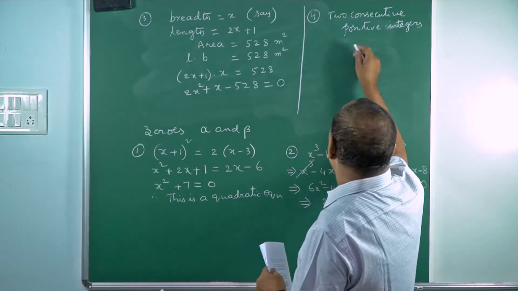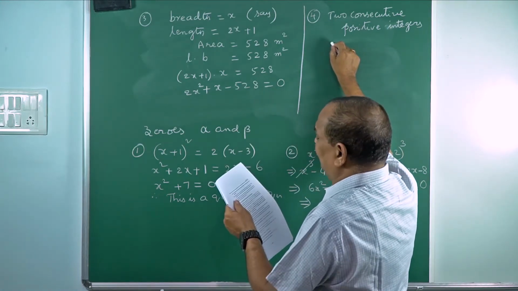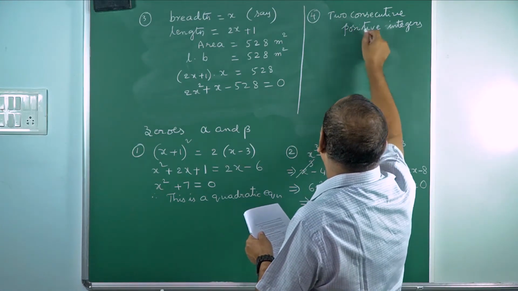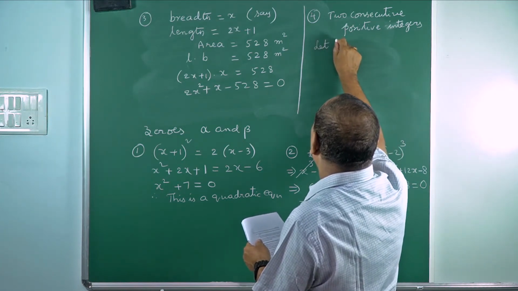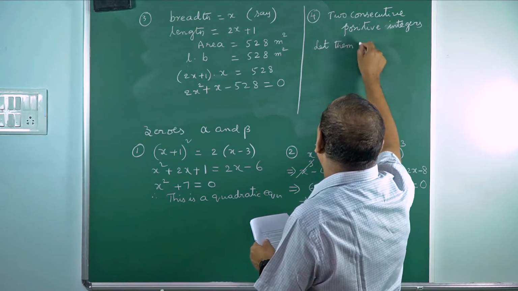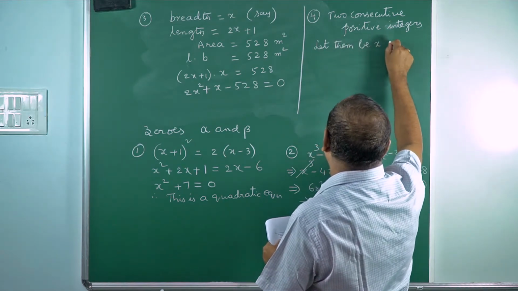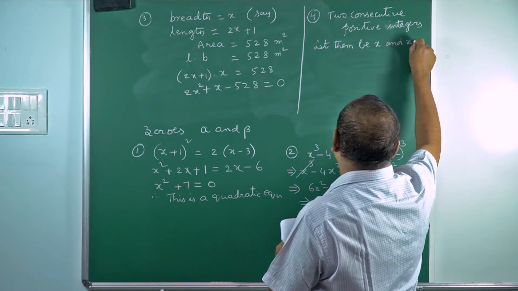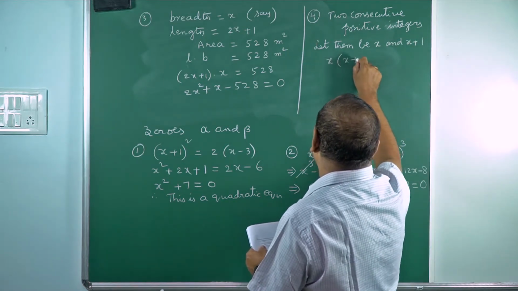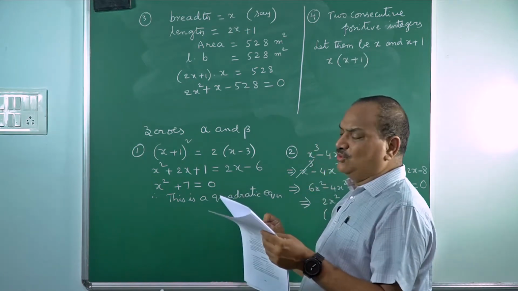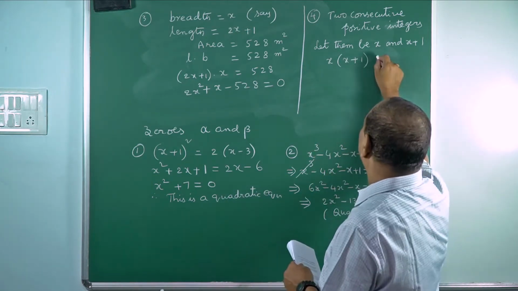But he is asking the product of two consecutive positive integers, so let them be x and x plus 1. He is telling that if you multiply them, the product of those two consecutive positive integers,